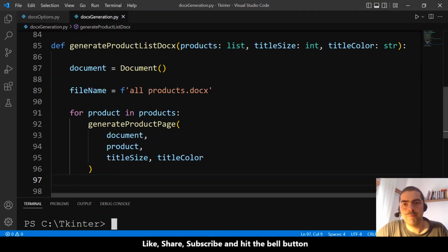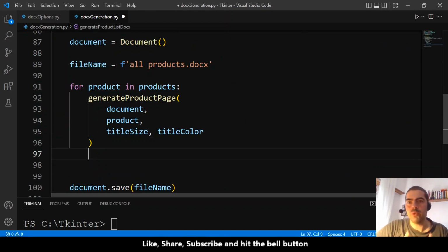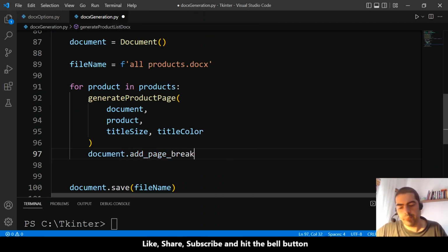It is very easy because something, like I said to you, was missing, and what is missing is adding a page break. So document.add_page_break is just like this, and we still have a problem with this part. About the images,